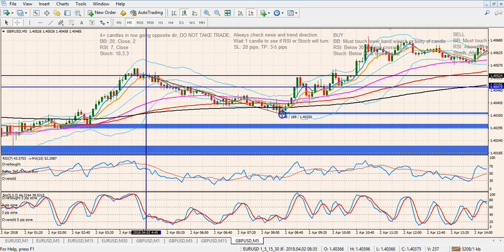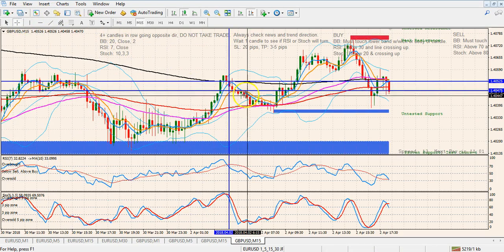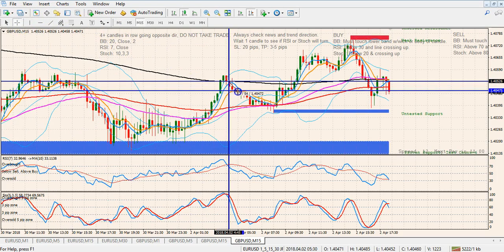But I could have gotten 15. I just didn't feel like waiting, because I know I can go in here at any time and I can get those pips. And I'm going to show you how to go get them too. Same thing. I got in right here. I got out right there. Got my 4.85 pips. I could have taken 8.5, 9 pips down here, but I watched it retrace